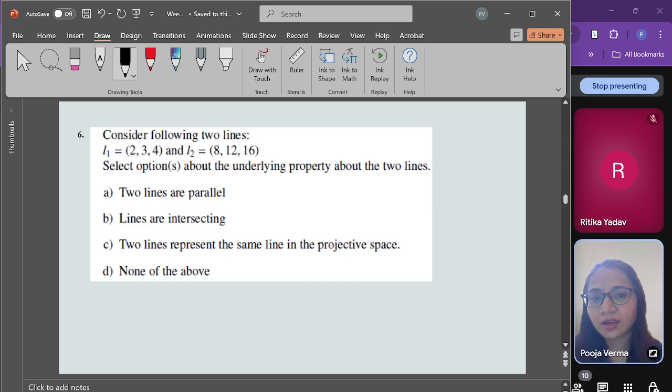Here two lines are given in the projective space, right? It is not a real space because the third component is also given. That means it is a projective space point. Okay,